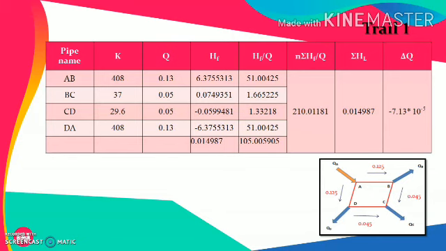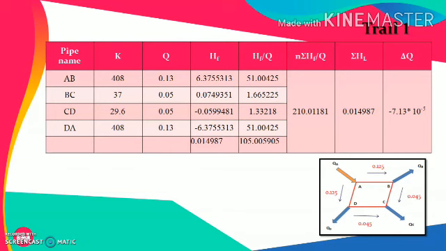So the head loss of CD and DA will have a negative value, and then we will make the total of that, which is 0.014, and it is quite near to 0. So we even can stop here and we can say that whatever assumed flow will have the values which is very realistic in nature. But we'll try to solve it with more than one trial.